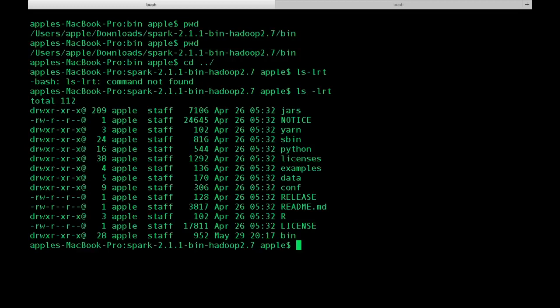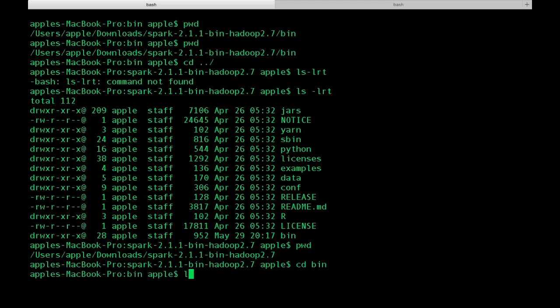the Hadoop package. You have jars, you have notice, you have yarn, you have sbin, you have Python, licenses, examples. These are different folders which are pre-packaged and given for us. There are some examples as well. We are going to see those examples from the documentation which Apache has provided. For now, we are going to first go ahead and start Apache